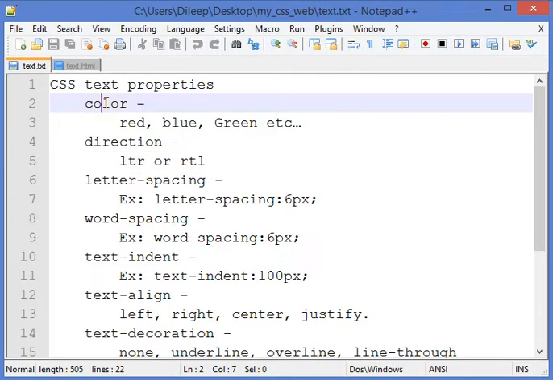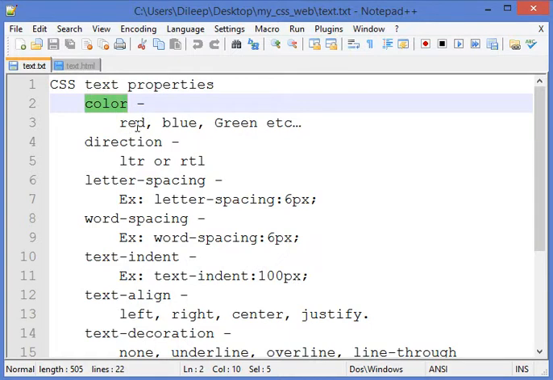The first one is color. Color property is used to set the color of a text. In the previous lectures we have used this property many times, so you may remember. So color property, if you want to make our web page text red or blue or green or whatever color you want, then we can use the color property.